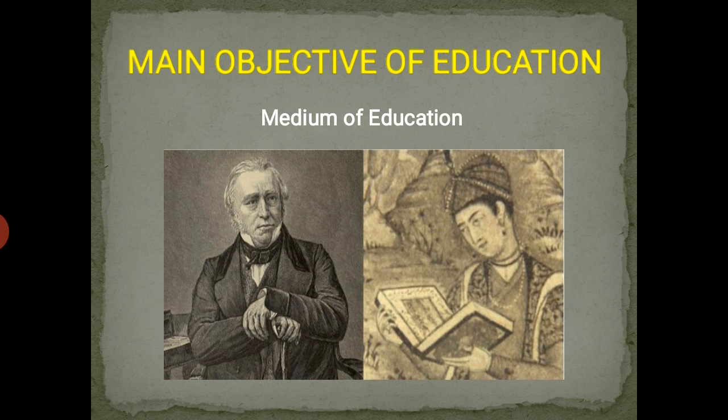Students, what was the main objective of education under the British? Listen, the main objective of the East India Company was to make profit and not to take over the responsibility of educating Indians. Another, they didn't give importance to Indian culture in their education. Next, to promote Christianity through the missionaries. So these were the objectives of education under the British.